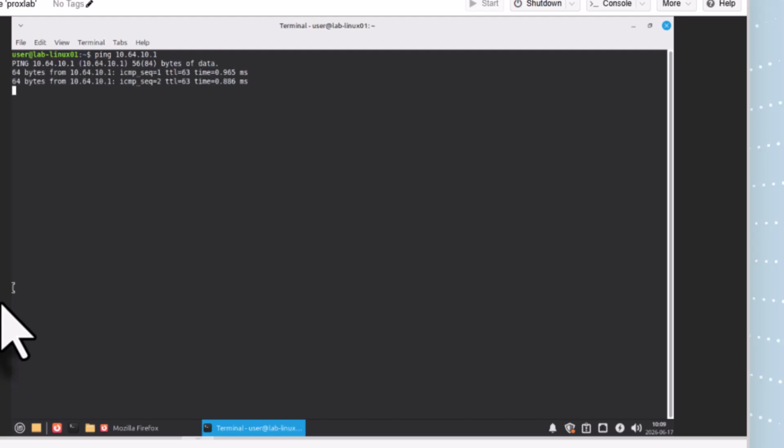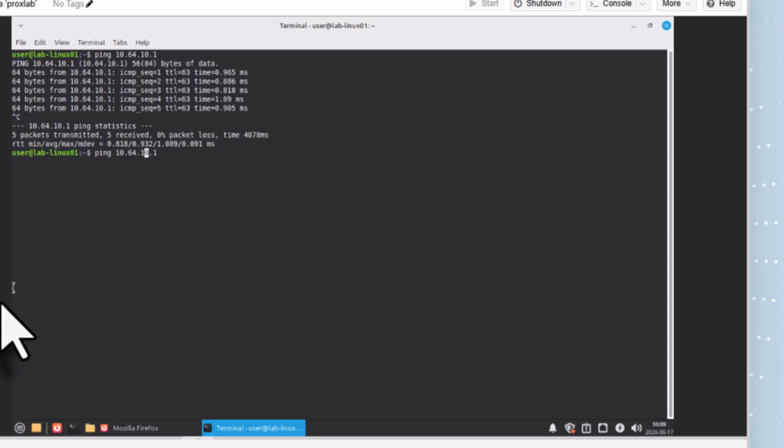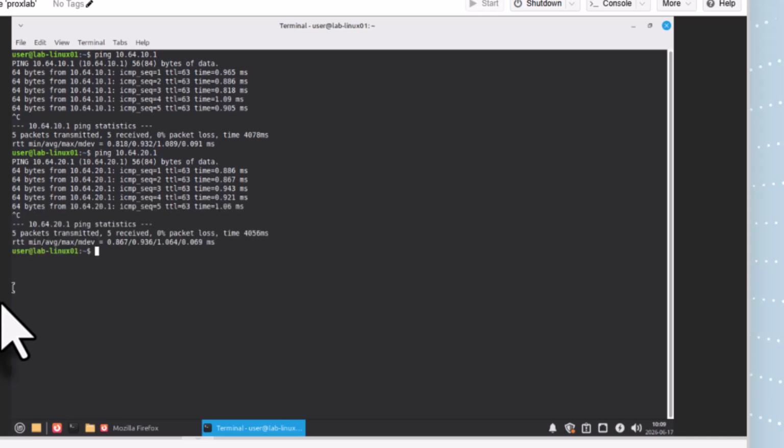So we can see that I can actually ping that network, and then I will see if I can ping 20.0. So I can. So we know that we are getting routes propagated to us, and we're able to route traffic from our inside network over to what would be a network connection inside of the dynamic router. So we have OSPF actually functioning properly. So I'm going to jump back to my firewall,